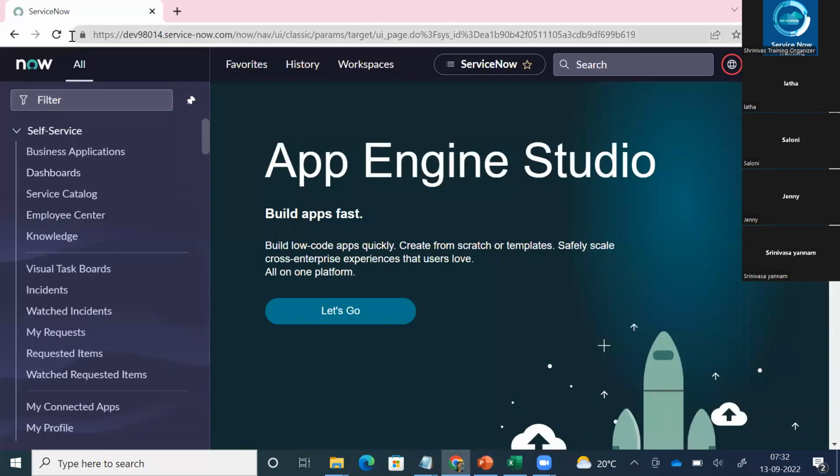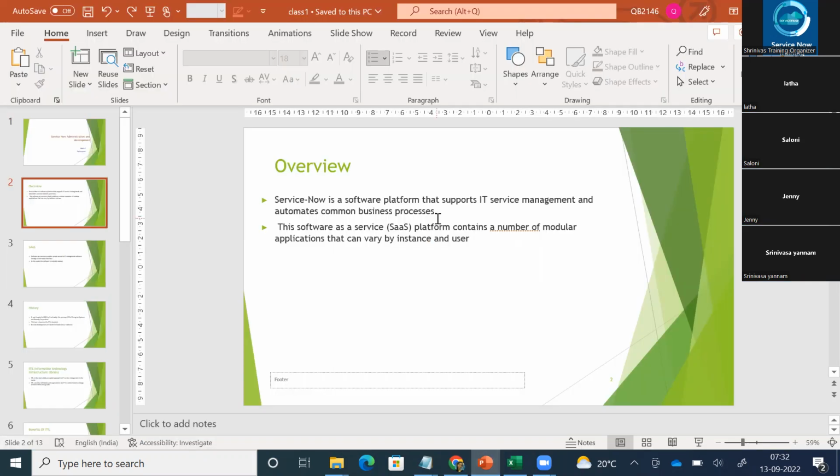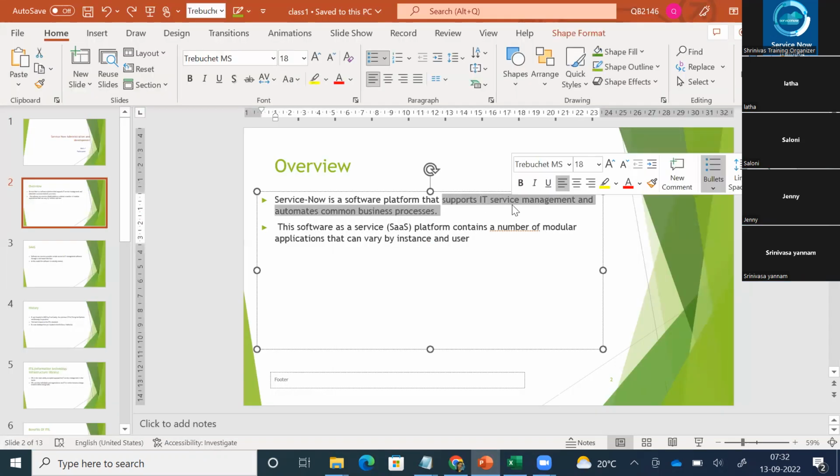The only prerequisite we have to use the tool is that we must have internet access. So that's what that is about. Then we are saying it is supporting IT service management and it is automating the common business process.